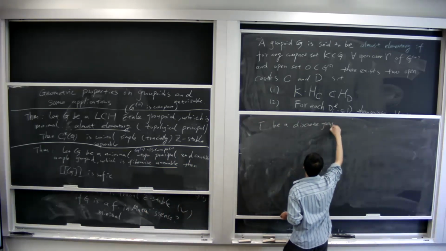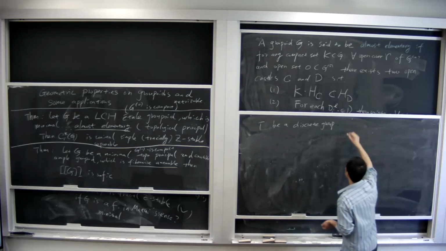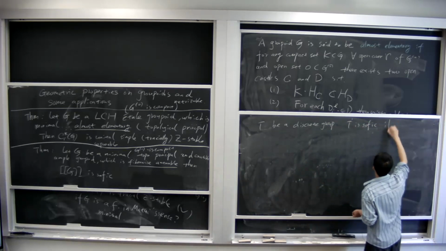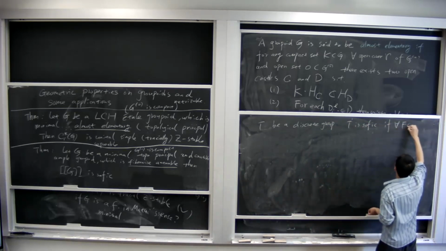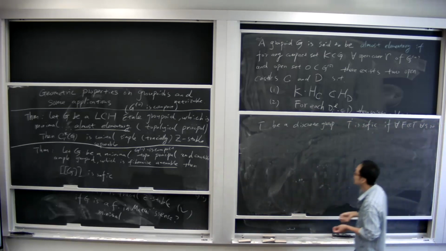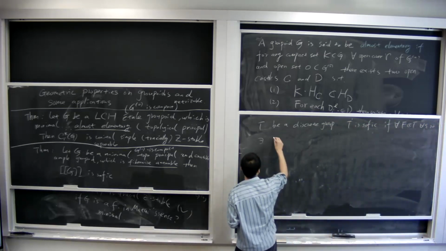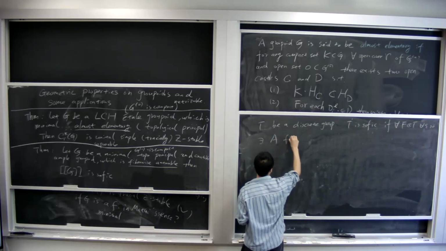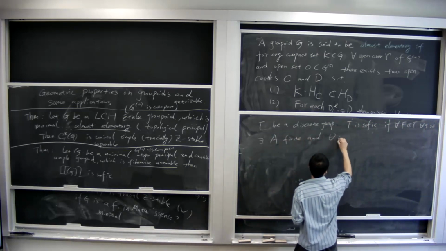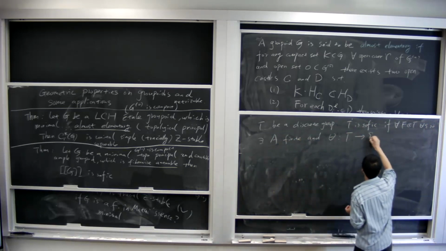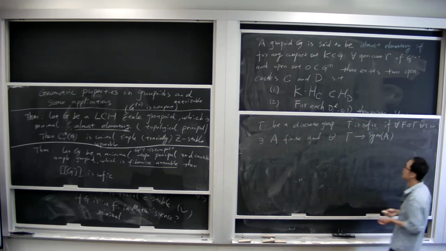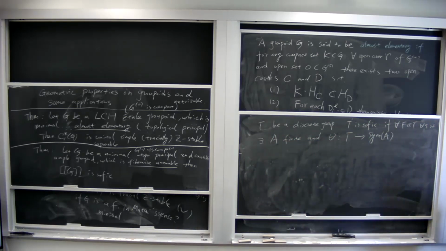Of course, we usually want it to be a countable discrete group. So the group gamma is sofic if for any finite set and for any epsilon, you can find another finite set A and a map theta from gamma to the symmetric group, the permutation group of A, such that